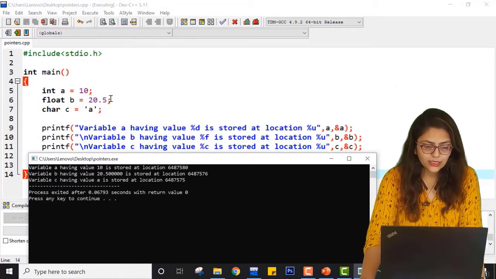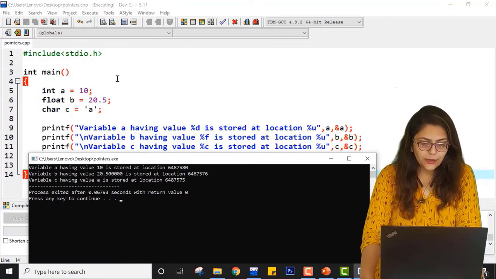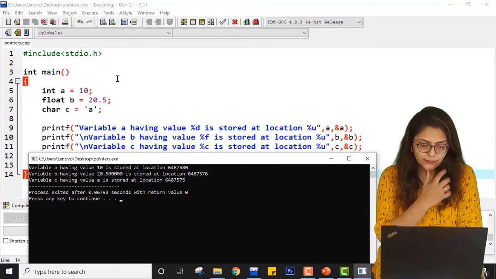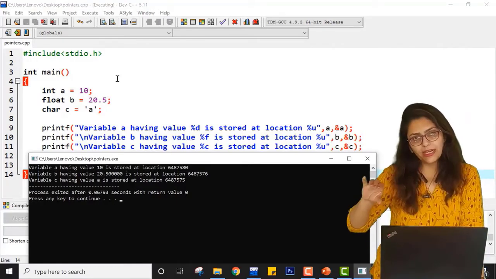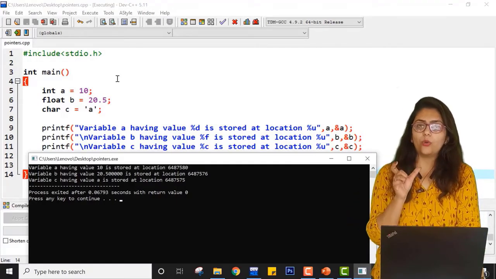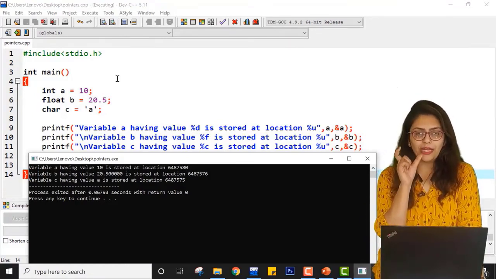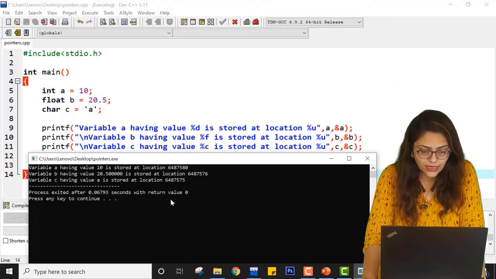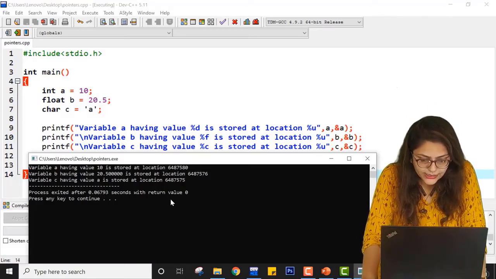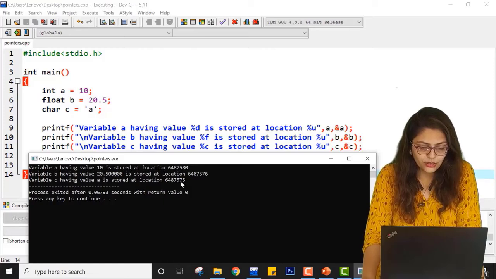Now you can see that variable a having value 10 is stored at location 6487580, right? It is a very big number, because an address will always be a big number. I have taken small numbers in order to make you understand the concept. Variable b is stored at some location, say 6487576, and c is stored at this location.